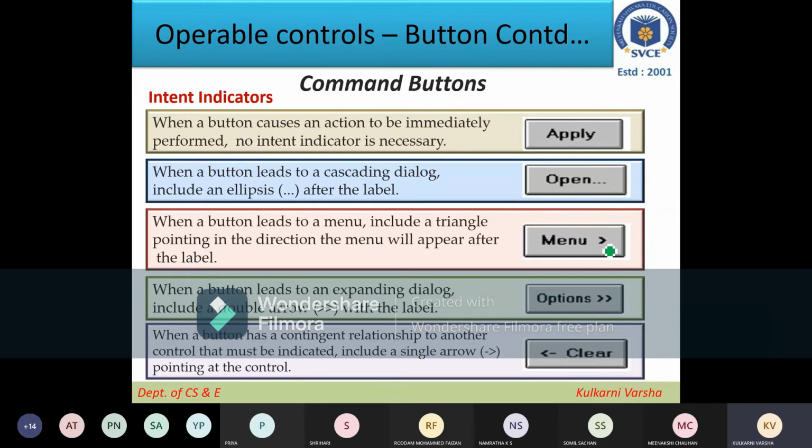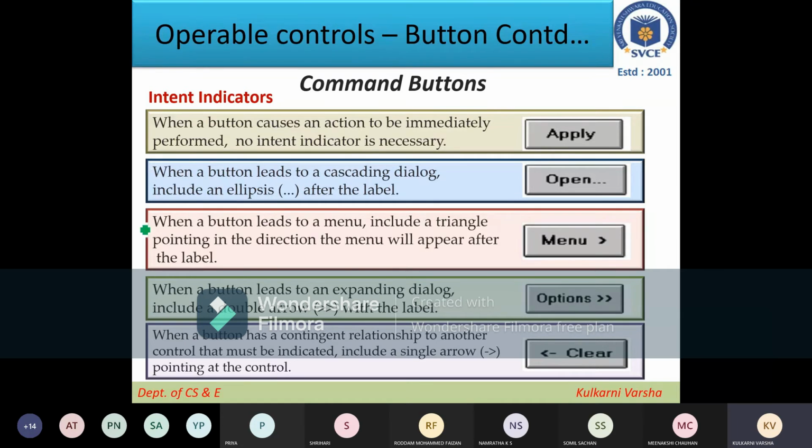If the triangle points to the right, it will open on the right-hand side. If the pointer is on the left, it will open on the left. If it is up, it will open upward. If it is down, it will open downward. So a single triangle means it opens submenus of this particular button. Then next it goes to the fourth one.